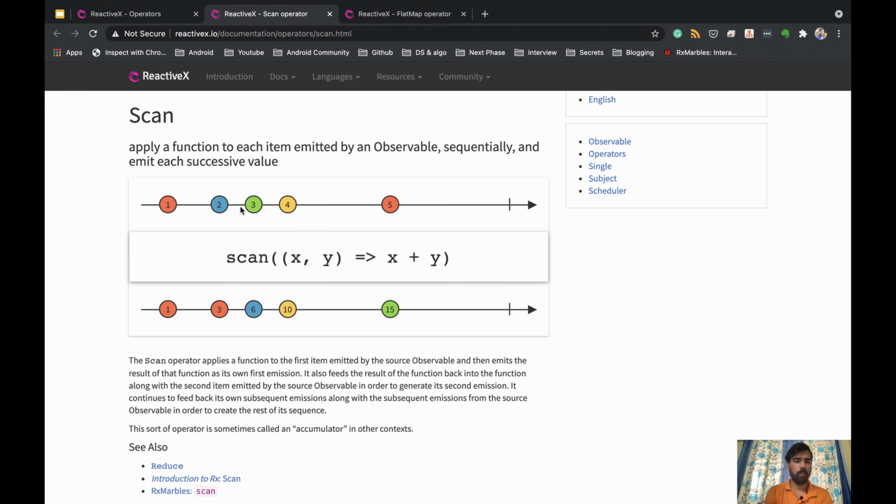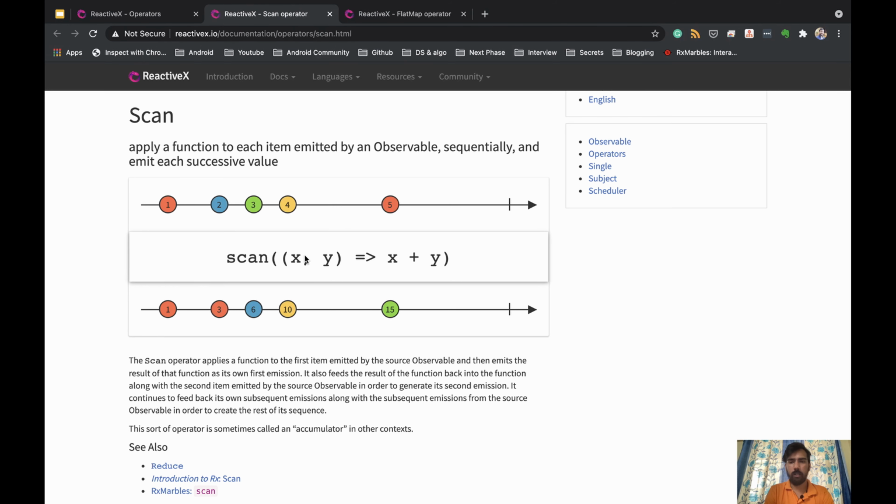For example, if you have 1 and 2, when you add them it will emit 3. Then 3 plus 3 will be 6, then 6 plus 4 will be 10. So it is emitting each successive value. You have one value from the beginning, and you keep updating that value to the end.